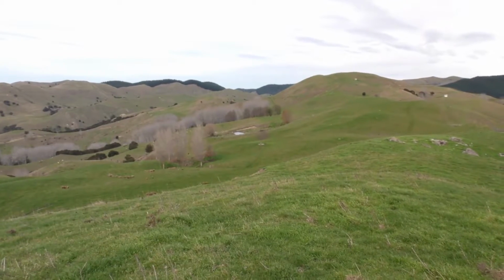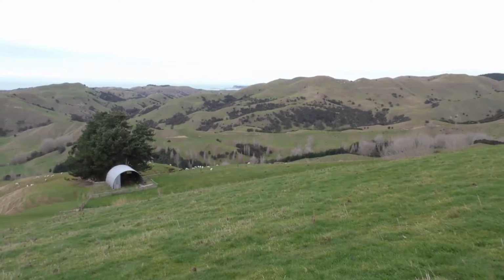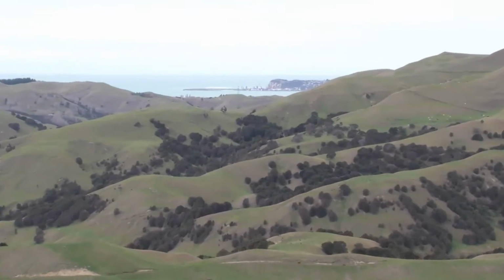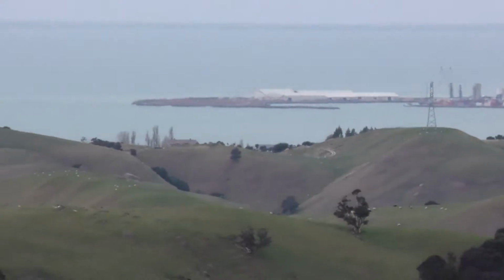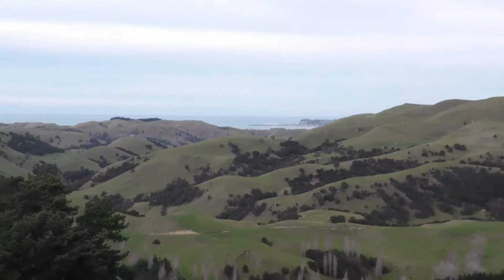Scanning round to the left more, now looking due east, you can see the Port of Napier. In fact, the logging part of the Port of Napier is there. So we're obviously very close. As the crow flies, probably only 10 kilometres or something like that. And then coming back round